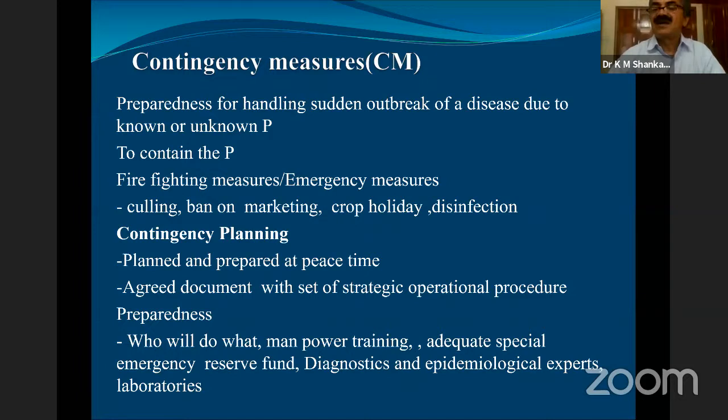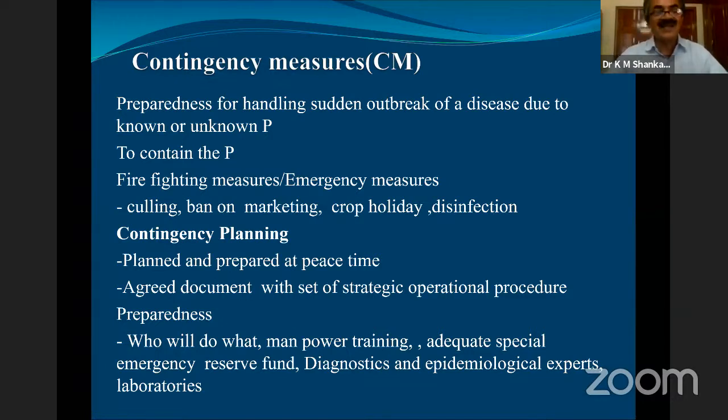Firefighting measures are planned in advance, like how we have to stop the movement of the pathogen by culling, ban on marketing, going for crop holiday, disinfection, eradication. These are the standard procedures you witness in animal husbandry, in poultry. Okay. Now, contingency planning is a very well-planned system, planned during peacetime, not when the problem arises, you start